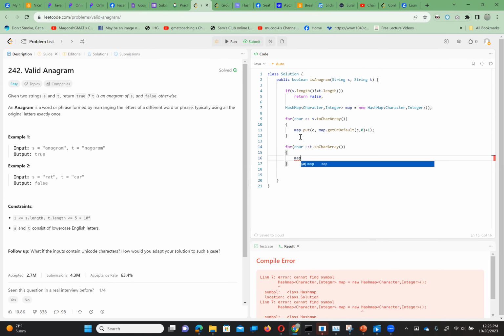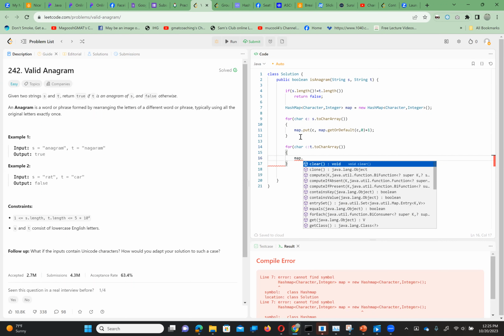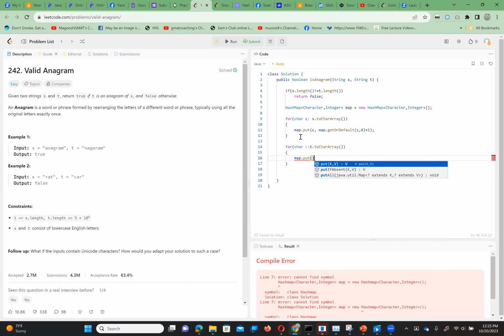What you can do is map dot put, we can just check here. We don't need to if map, if the map doesn't contain this key, that means the first string didn't have this character. In that case, immediately I can return false, right? Otherwise, what I can do is I